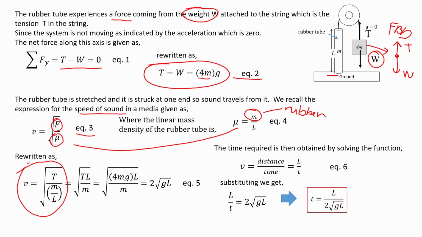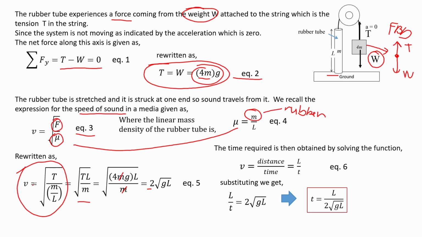Simplifying this further, we get this form here, and we note that the tension, the force, is given by the expression which we obtained earlier. Substituting that, the m cancels here, and the square root of 4 gives you 2. So it gives you equation 5